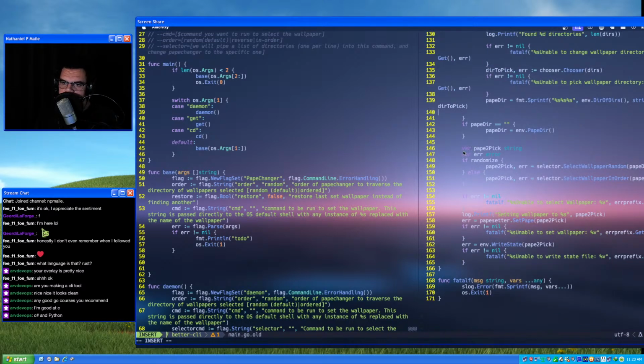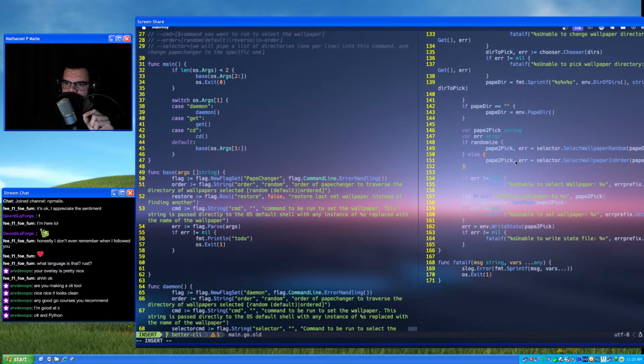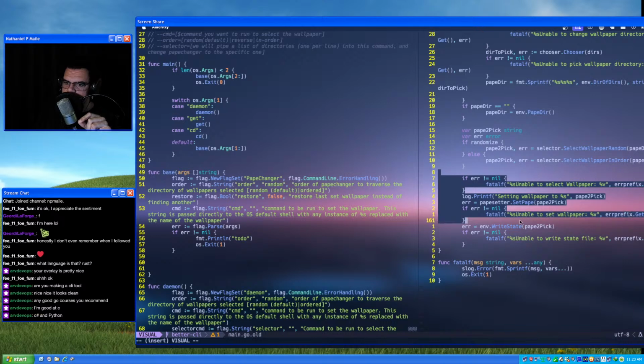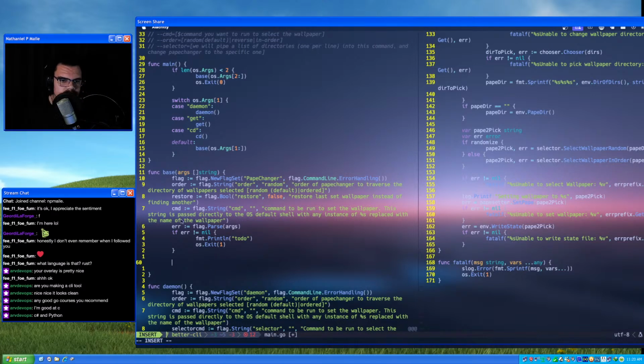And then it would use the, what's it called, it would use the wallpaper selector algorithm, whether it should be random or in order. And then it would select it, and then it would write the state of the pape to the state file. So that's not too bad.